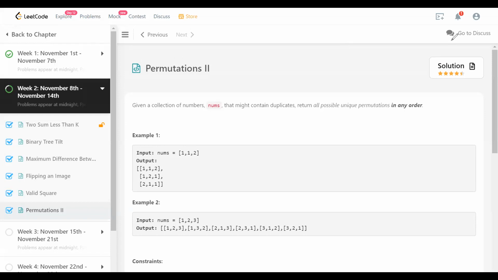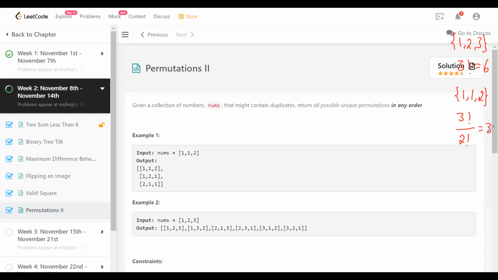Suppose the collection of numbers is 1, 2, 3 here, and the possible permutations are 3 factorial, which is 6, right? That's what we know from combinatorics, or counting theory. Suppose we have a collection which looks like this: 1, 1 and 2. So that means 1 appears twice. There are duplicates, and even though there are 3 symbols, it is not 3 factorial because of the repetitions. We need to divide by 2 factorial, and there are only 3 permutations of that, which we see in this example.